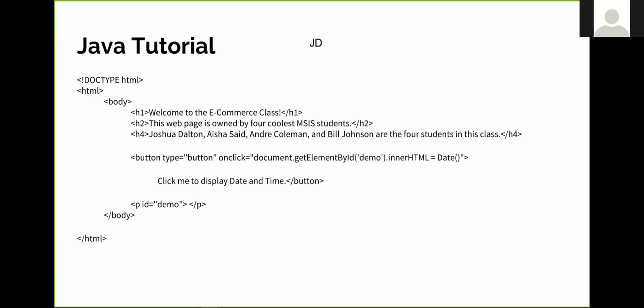There's all 4 students. As well, you can notice on the very bottom, it has one button there that says the web page has a button specifically where if you click on it, it'll have some sort of action. So if you hit on the page, we'll take a look at it. If you could look at the next slide, please.